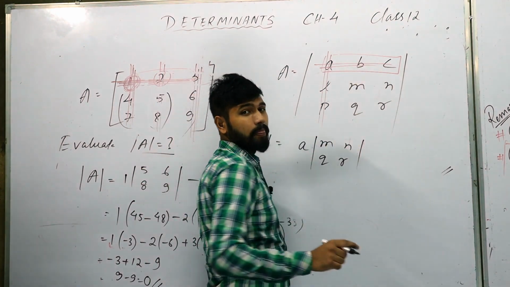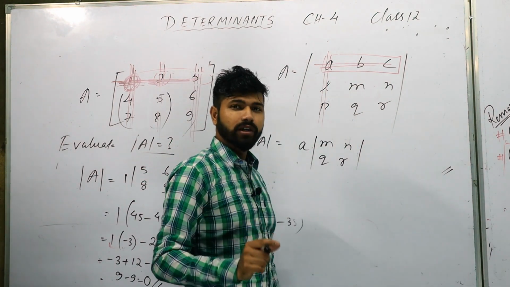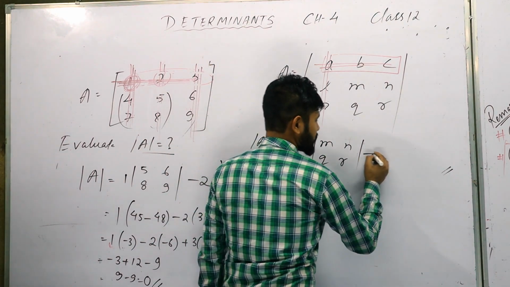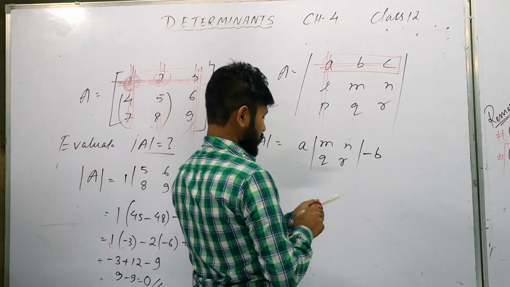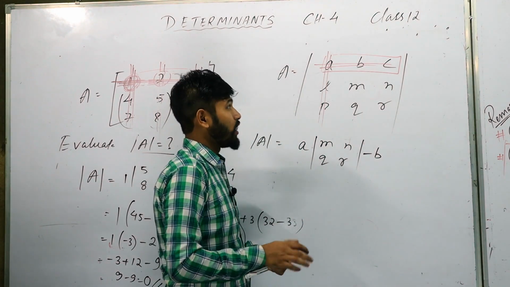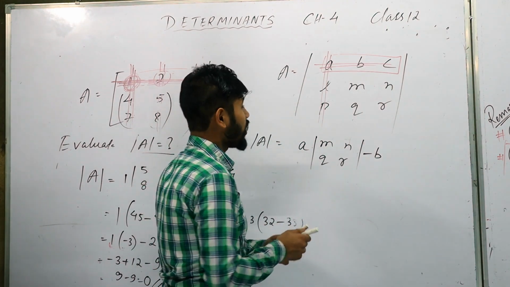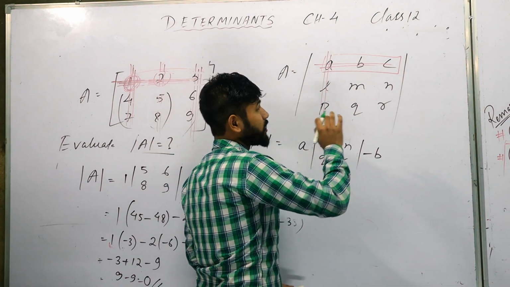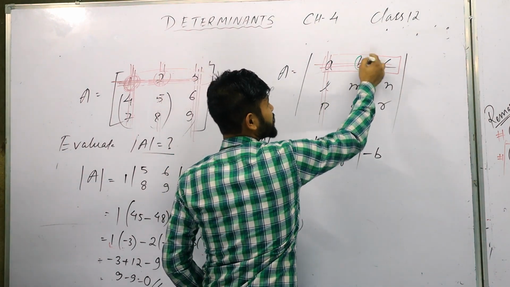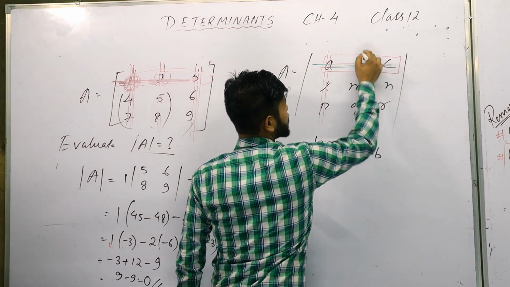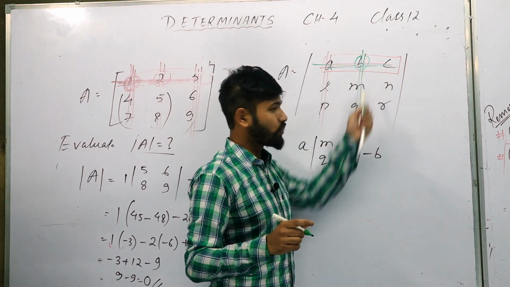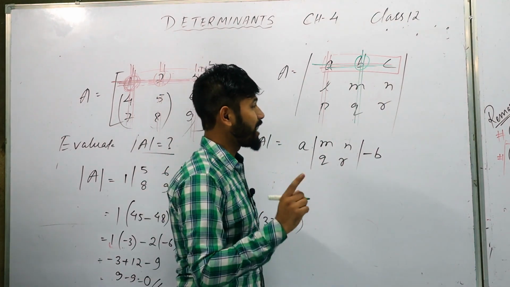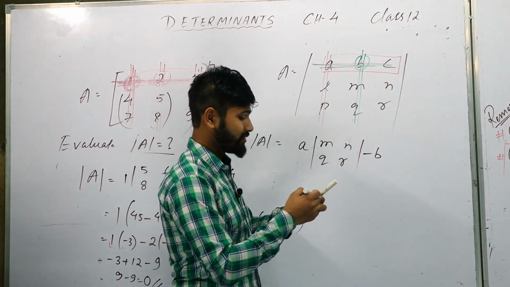Now B. B is in an odd position. In an odd position, a minus sign comes: minus B. Now, when you consider B, as I already told you, you have to eliminate whatever column and row B lies in. For this B, this is the row and this is the column. So we cannot take any value from this row and this column. Other than that, what is the value lying? We can easily write under